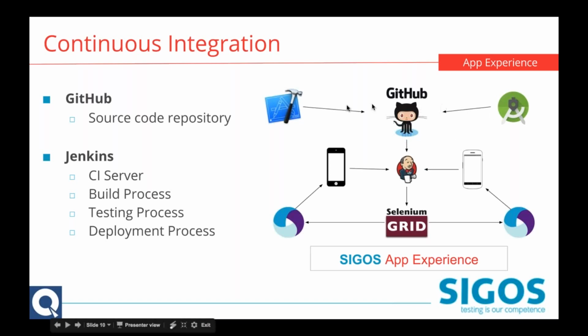Jenkins is scanning GitHub for any time changes are pushed to our Xcode project or our Android project. And it doesn't matter if you're maintaining your test code in one single file, or if you're maintaining a single Xcode or a single iOS test code base and an Android code base. Hybrid or Cordova applications are a little bit easier to manage because there's only a single test code base.